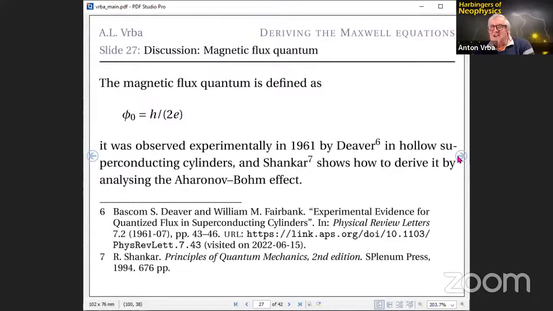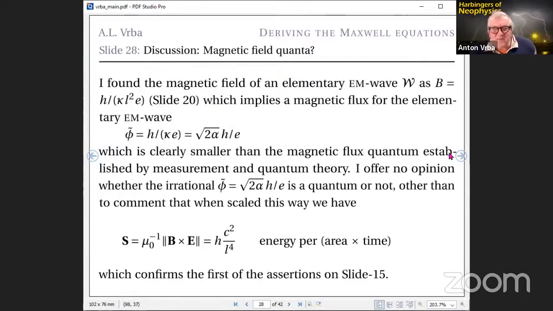The magnetic flux quantum is defined as the Planck constant divided by 2 of the electric charge. I have no problem with it. It was observed experimentally for the first time in 1961, and Shankar shows us how to derive it by analyzing the Aharonov-Bohm effect. So we cannot argue that this value does not exist. It is there. However,